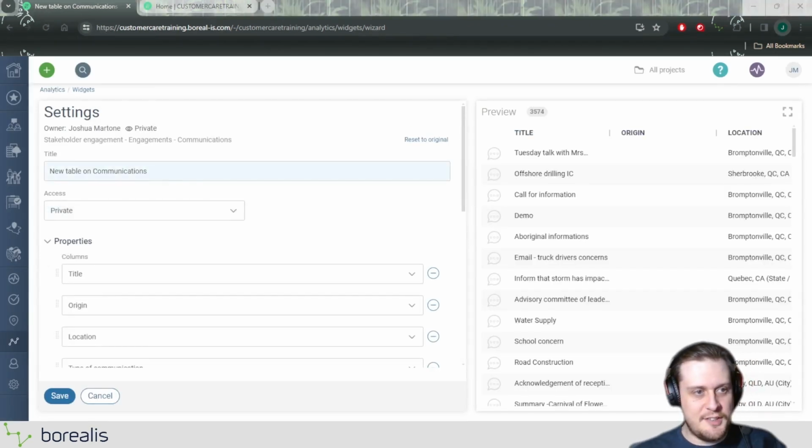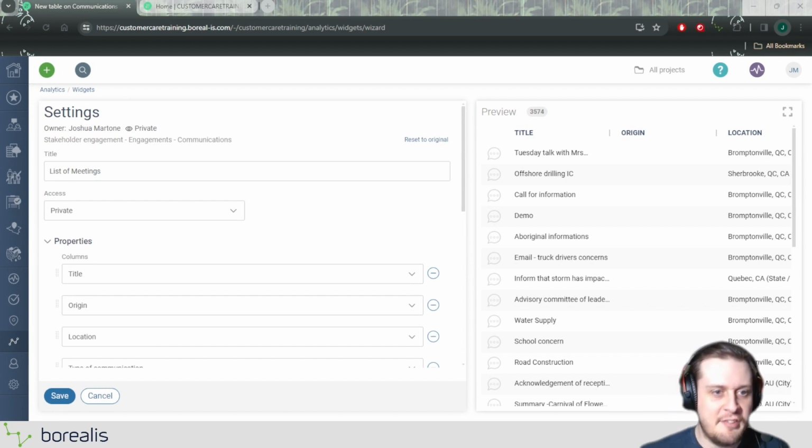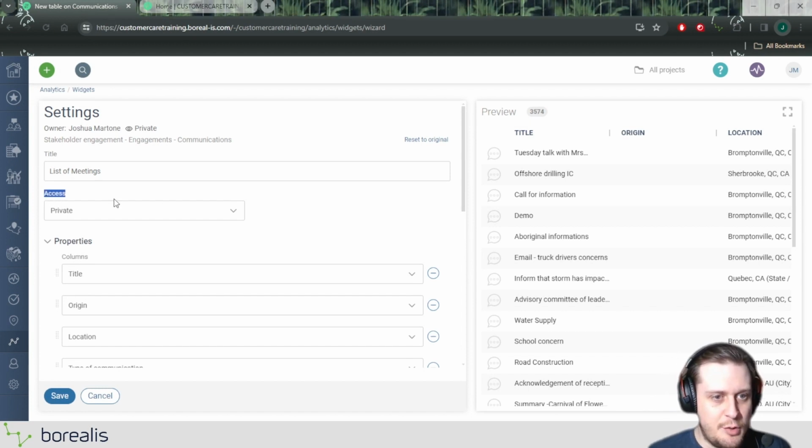The first thing you need to do is give your widget a title, something meaningful, especially if you want other users to use it because they need to be able to search this title. Now, I've given this widget the title List of Meetings, and the next thing we have to do is now